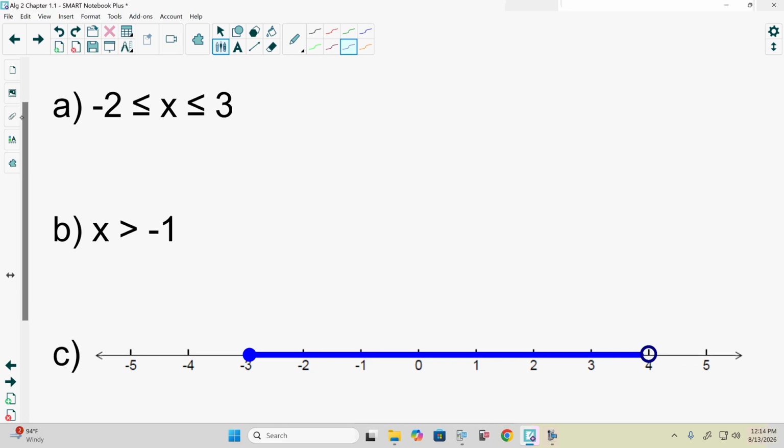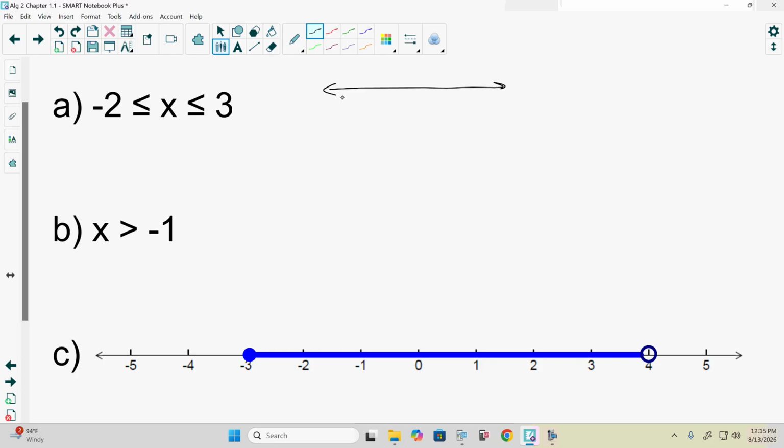Now, all that to say is we're going to actually write inequalities as intervals. We'll get to the point where we're writing intervals as inequalities. We're going back and forth. Now, for some, being able to see it graphically helps. For some, I would say just looking at our chart also helps. So if we wanted to graph this,